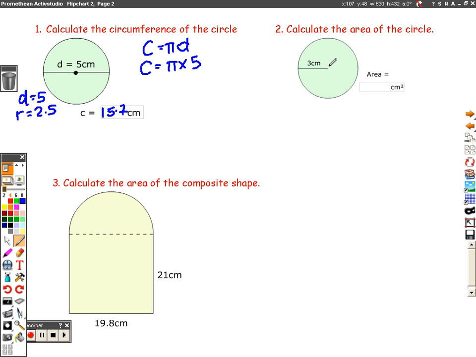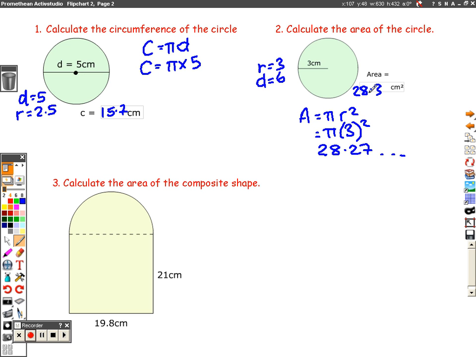Okay, calculate the area of the circle. In this case, you've been given the radius is 3, diameter is then 6. Now you may not need to use the diameter, but always write it down. Then put in the formula that you're going to use. Area is equal to pi times your radius squared. Pi times your radius, this time 3, squared. That gives you an answer of 28.27, and I would give it as 28.3